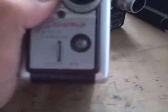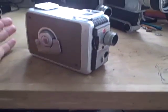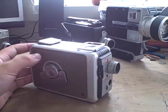There's how much film you've used, right there. I didn't reset it, so it thinks it's empty. But yeah, that's it. Very simple little camera. And now I'll move on to my next